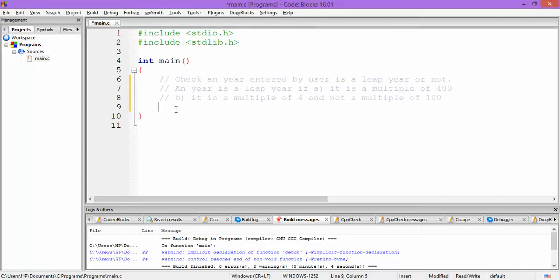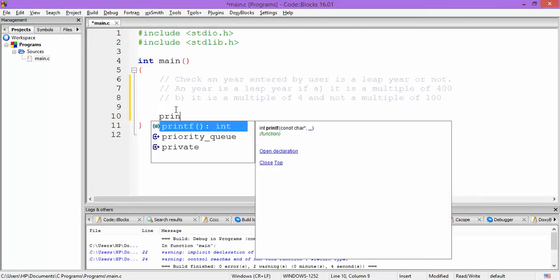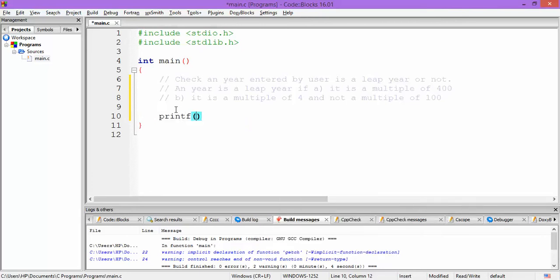So first of all, we would prompt the user to enter a year. For that, we would write a printf statement, "Enter a year", and we would get the value in a variable, say year.